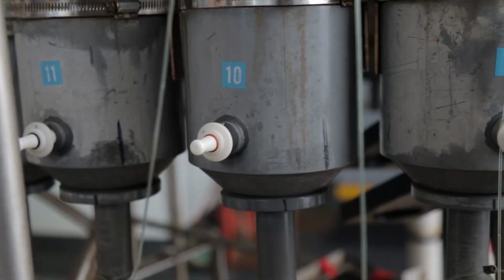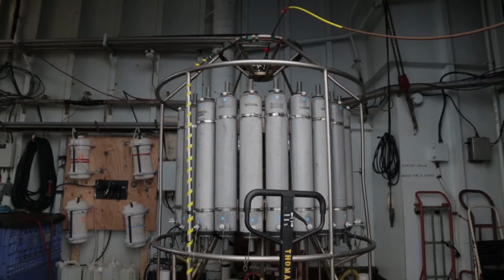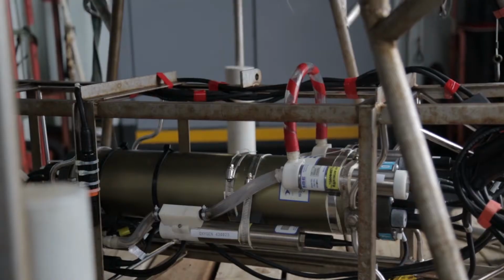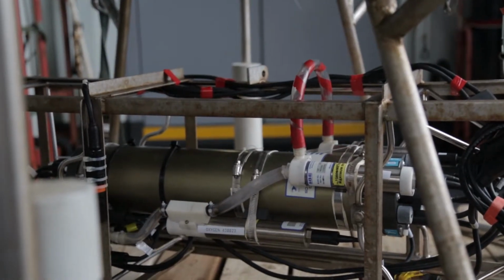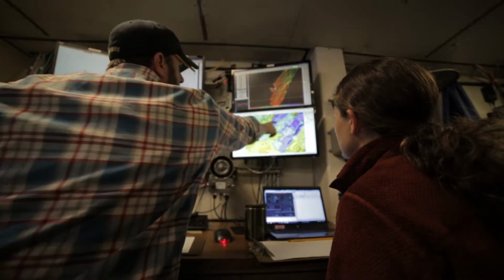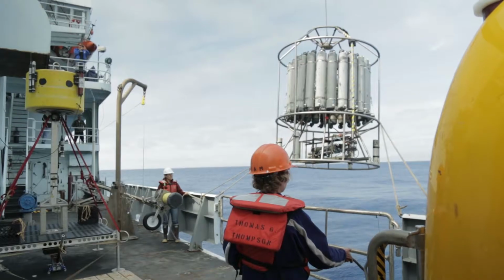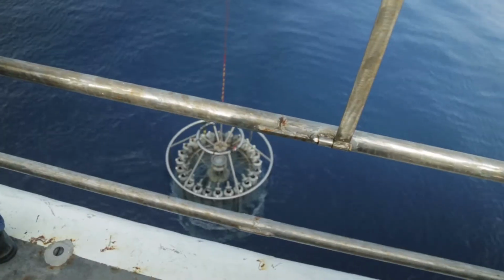One is we have a series of Niskin bottles, so we take discrete samples of those. They go down open, and we pick depths that we want to sample, and we then shut the bottle, capturing that water. And then there's continuous samples, so that runs a constant stream of data to the ship that we analyze. CTD goes down, collects water samples.